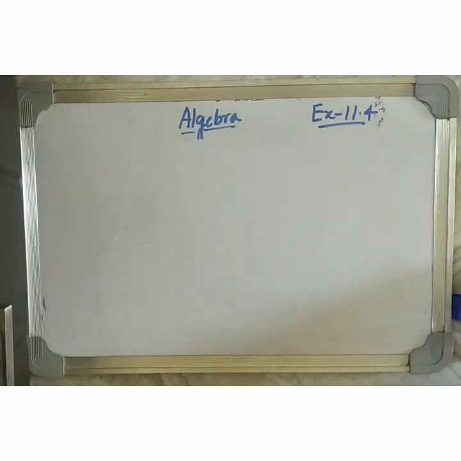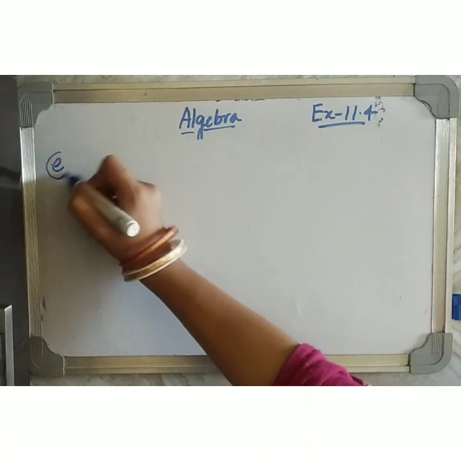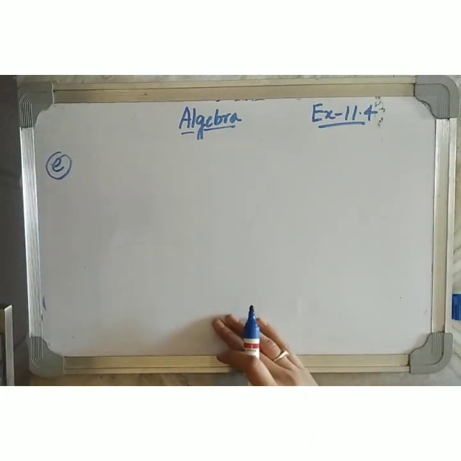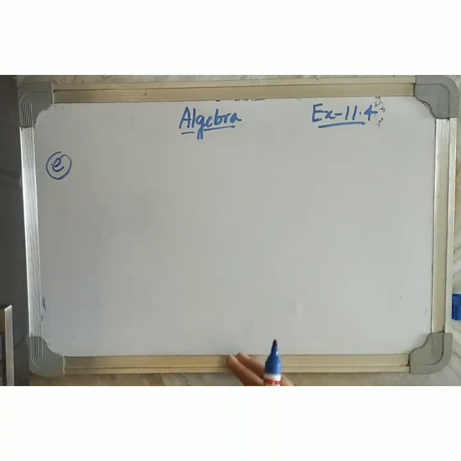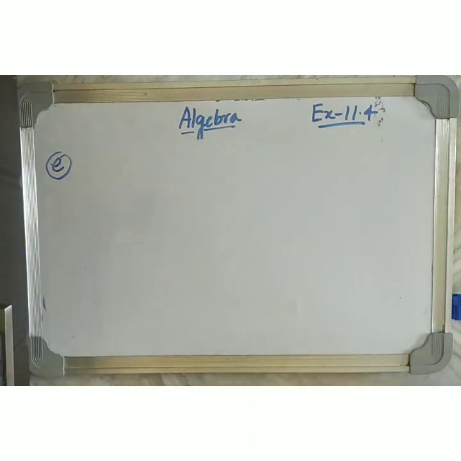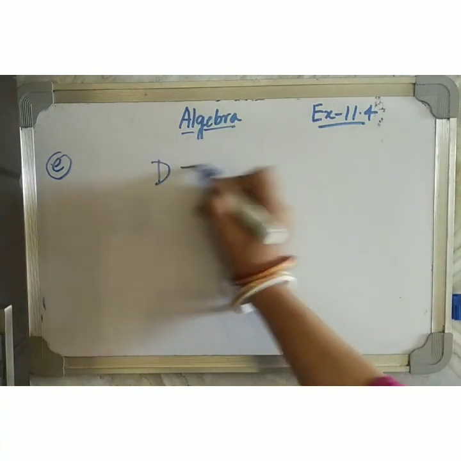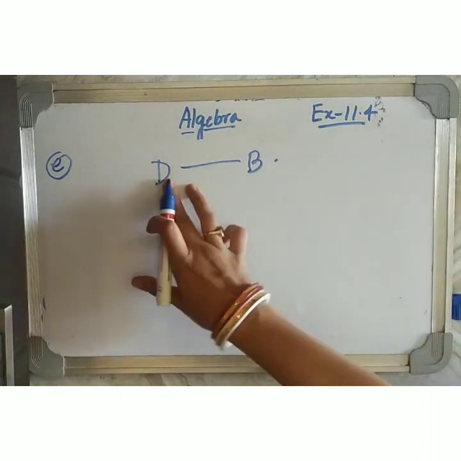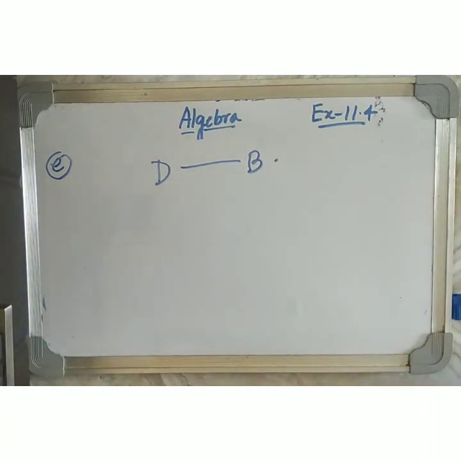So here in this question it is written a bus travels at v km per hour. V km per hour means in 1 hour it is traveling v kilometers. It is going from Dashpur to Bispur, so let's write D for Dashpur and B for Bispur. After the bus has travelled 5 hours, Bispur is still 20 km away. What is the distance from Dashpur to Bispur?